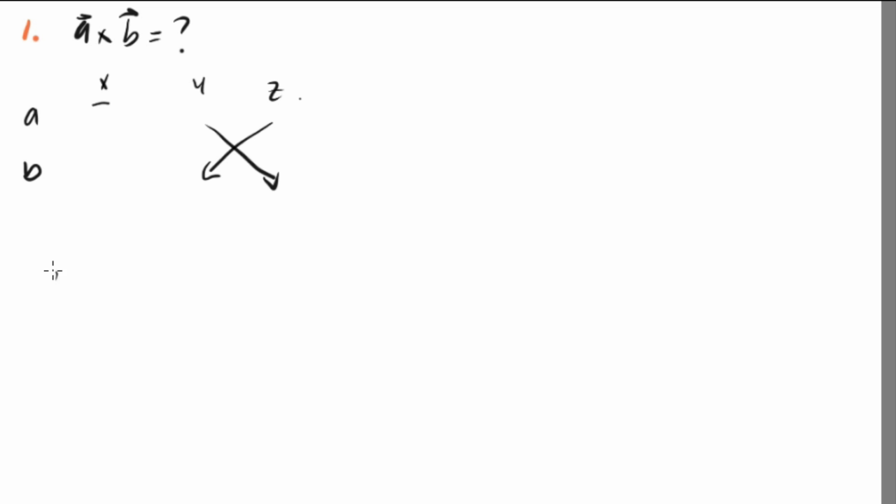Question 1 asks us to find the cross product of two vectors a and b. So the first thing I'll do is to write out the formula for the cross product, and I'll do it how I normally do it when I can't remember the formula. So I write my two vectors a and b, and they each have components x, y, and z. And then if I start with the i component, my cross product is ay bz minus az by, and that's